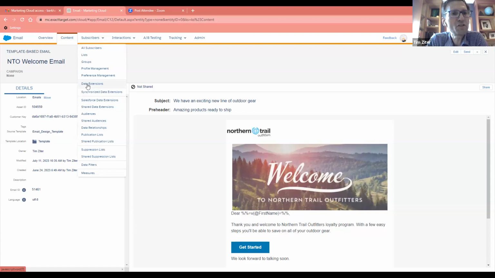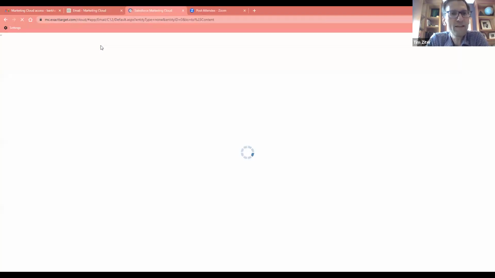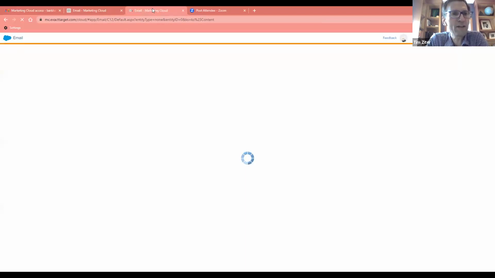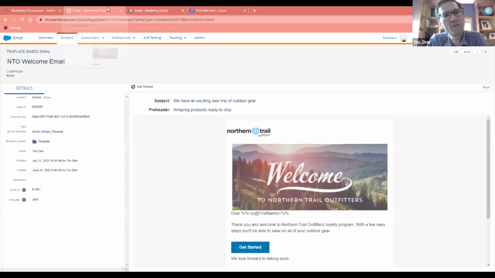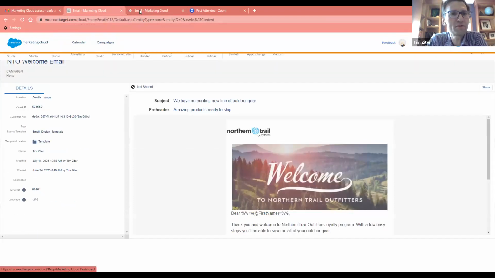email. So if you want to actually duplicate this tab up on the very top, if you right click on that Email Marketing Cloud, you can duplicate. Okay. And then we're going to go exactly where you were navigating into the data extension folder. So under that subscriber. So if you use the tab to the right, we'll leave this as the email, but then the tab that you had just created,